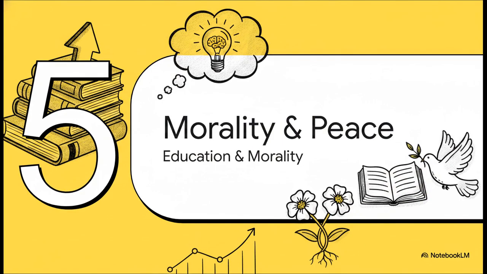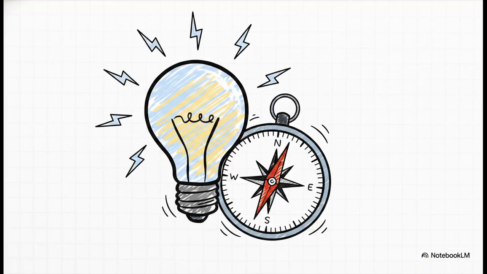Moving to our final part, Section 5, Education, Morality, and Peace. You know, the math we just covered is amazing, and it definitely makes you smarter. But being smart isn't quite enough all on its own. The Hero Smart Academy Godly Learner series makes a really profound point about this. Education without morality will hurt.